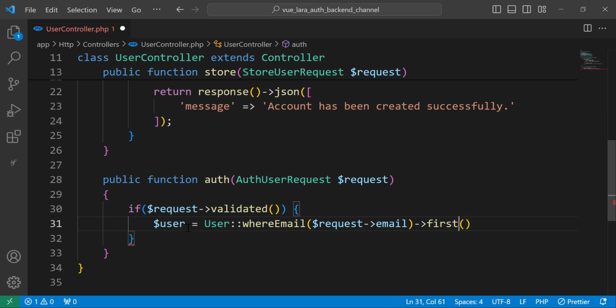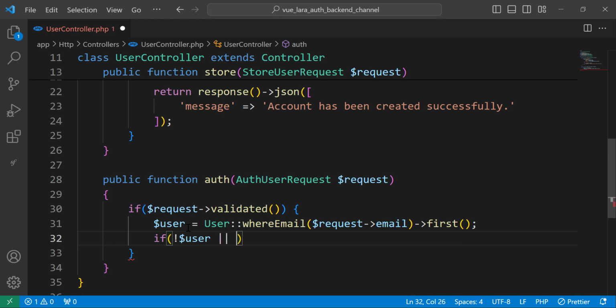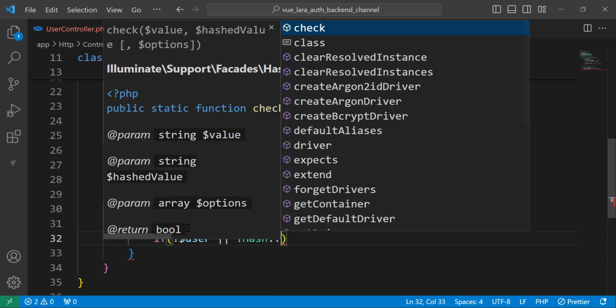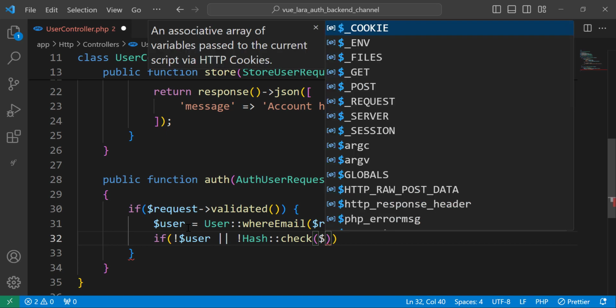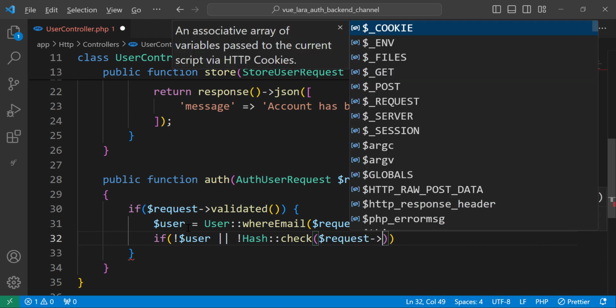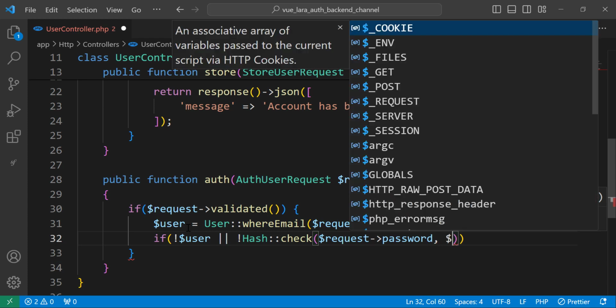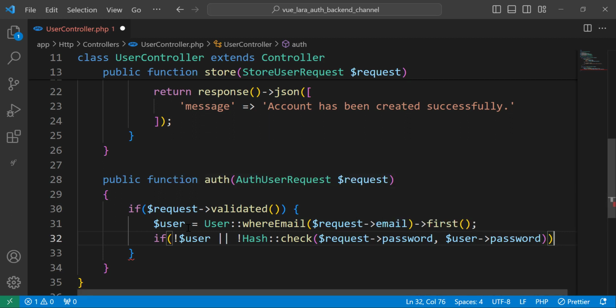If we don't have the user, or not, we will compare the provided password with the stored password using the Hash check, and we give it the provided password by the user and the user password. So here we check if the password is the same. So if not,